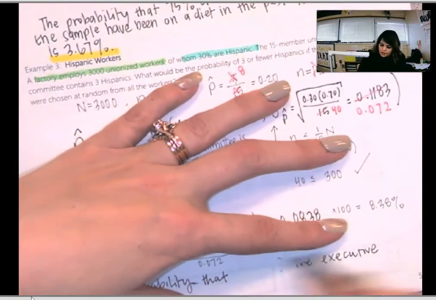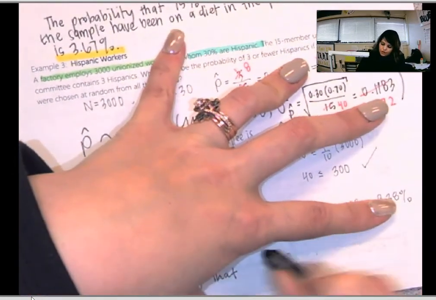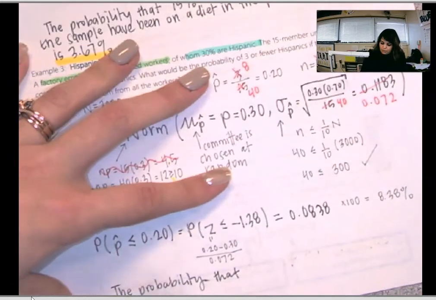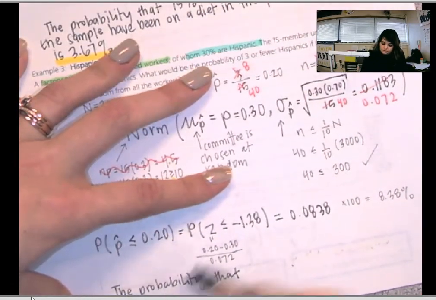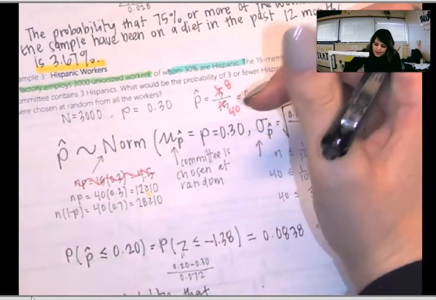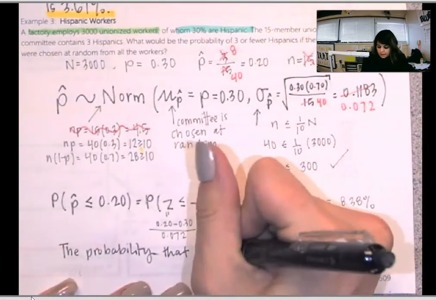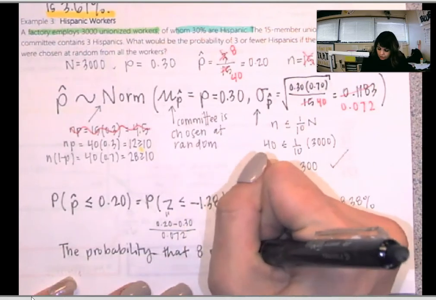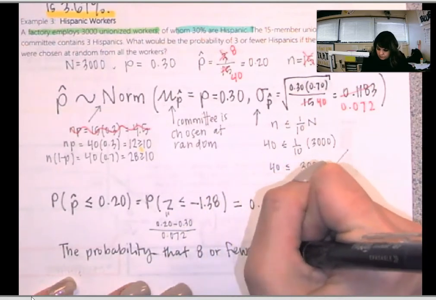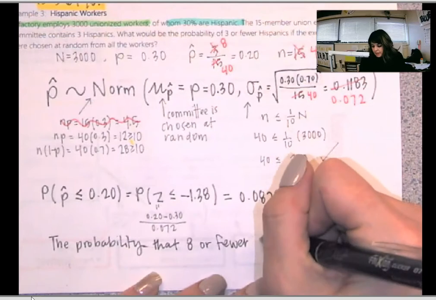I'm so sorry. Don't stray, teacher. Do not stray from the prompt. The probability that, here it says 3 or fewer, but we changed it to 8. 8 or fewer Hispanics